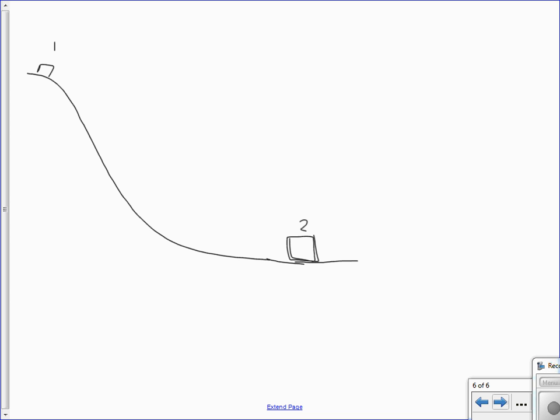Block 1 starts up there and ends up down here, moving at a speed like this. These two things end up stuck together, moving like that. And then some other stuff happens. We had to turn this thing into a horizontally launched projectile. But forget about that for now,